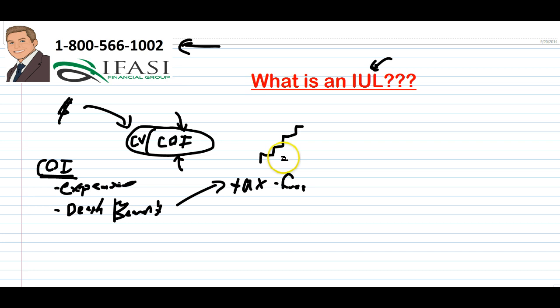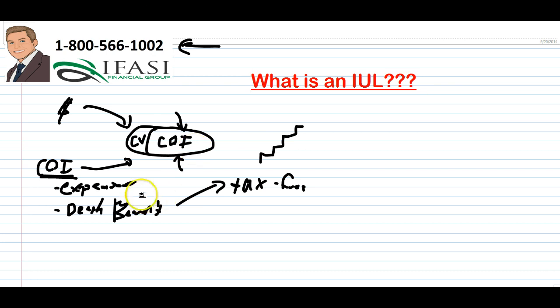Now, realize that I said the word typically because the contracts that I have proprietary relationships with have a decreasing cost of insurance and essentially a non-existent cost of insurance in years where you're looking to really utilize your policy for a sort of retirement aspect. Now, I hope that made perfect sense regarding the cost of insurance. It's just essentially the expenses that need to be paid every year.